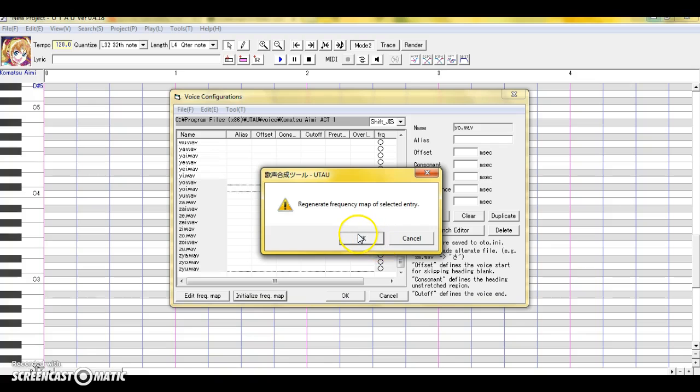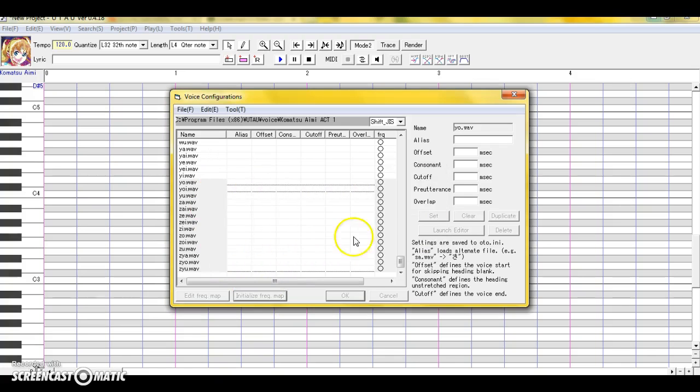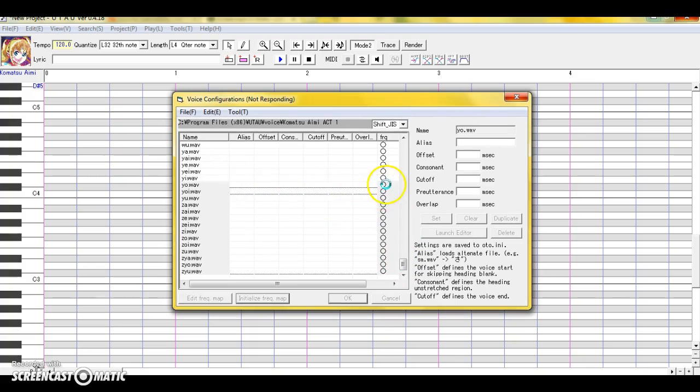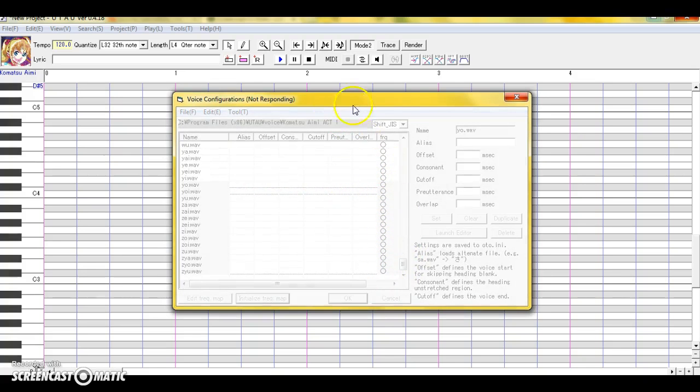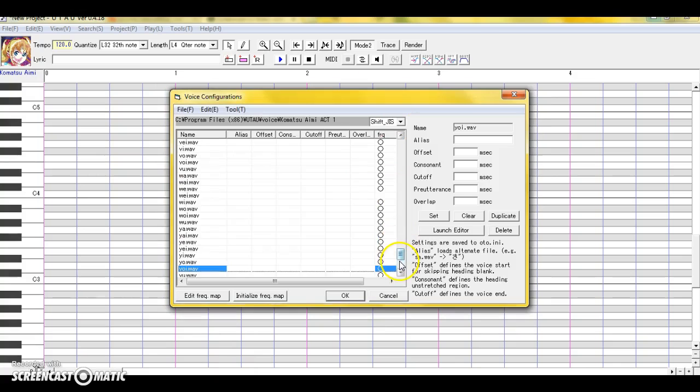That's what you click right there, and then you push OK. When you first start off you won't have the little circles there. Oh no, it's frozen, dang it. Okay, see there, you wouldn't have the circle, so you'd need to do that to all of your recordings. And then after you do that,